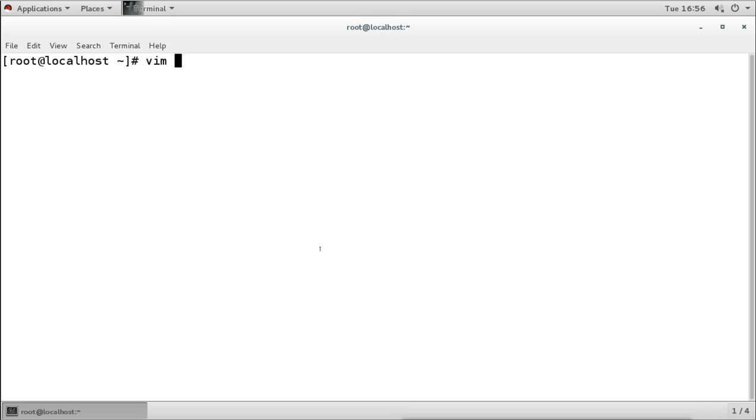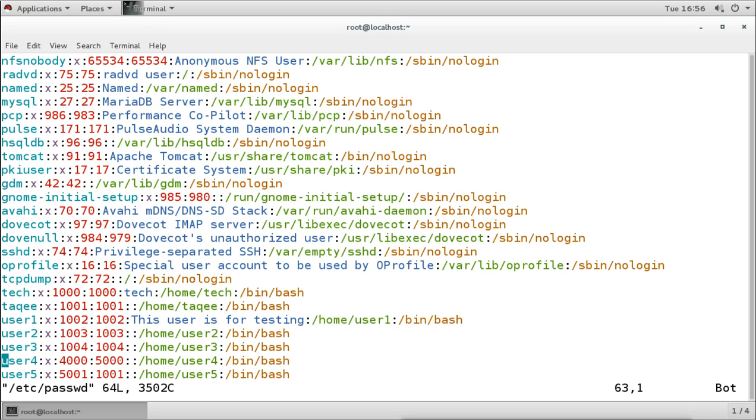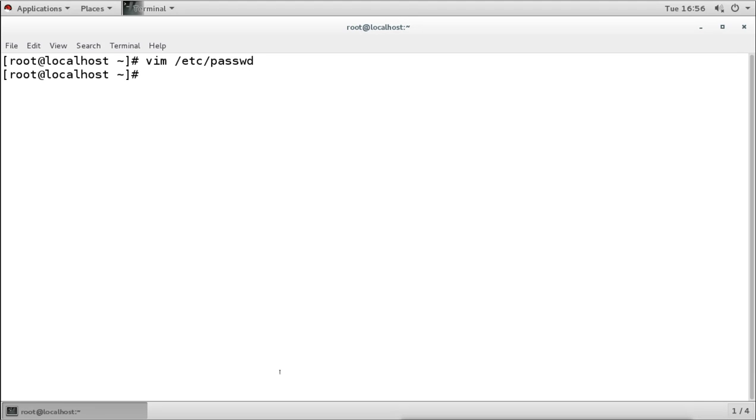If you check under /etc/passwd, we can see the user accounts we created, user1, 2, 3, 4, 5. Now suppose I want to change the login name for any user. Because it is an existing user, we'll use the usermod command.